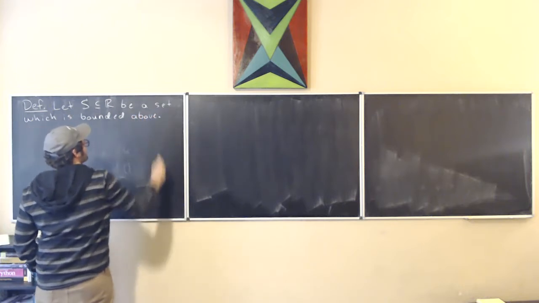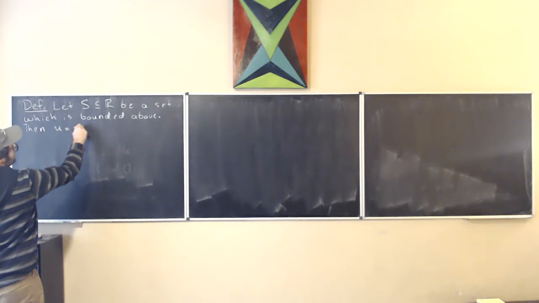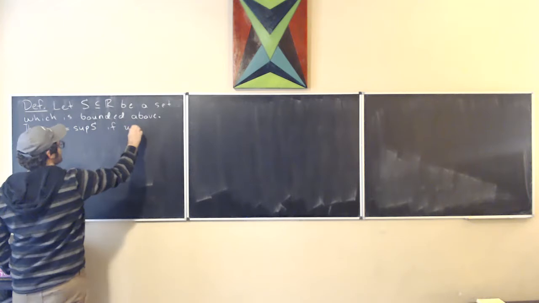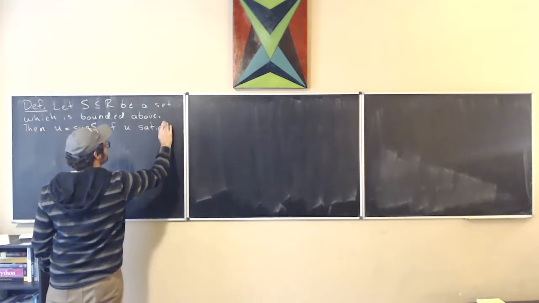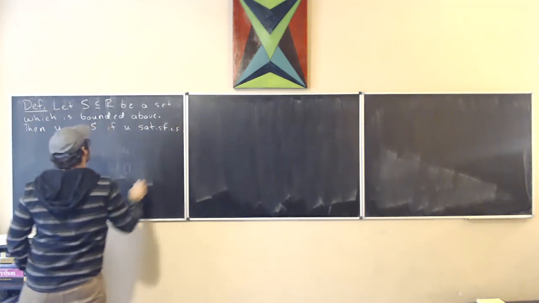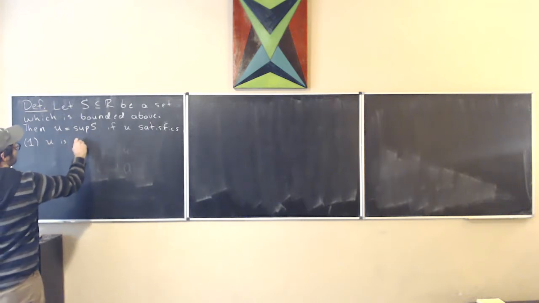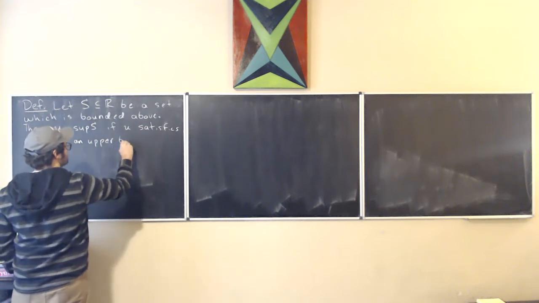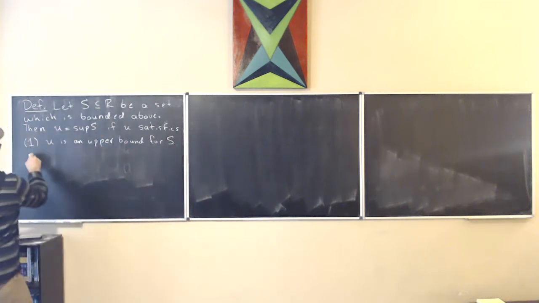The supremum of S: U is equal to the supremum of that set S if U satisfies the following properties. One, U is an upper bound for S. Two,